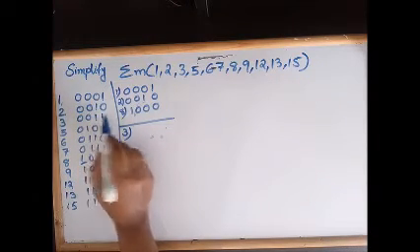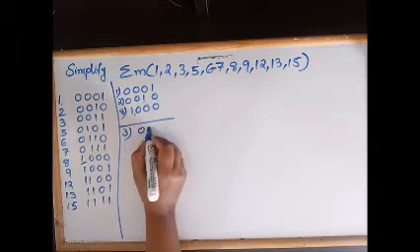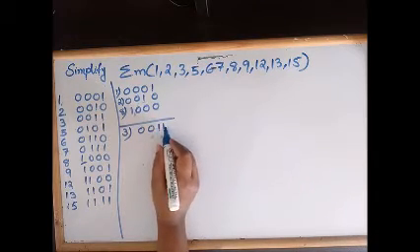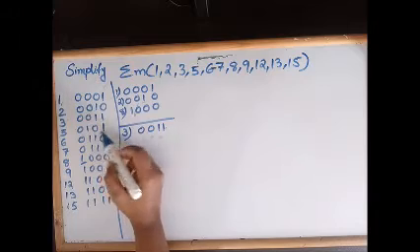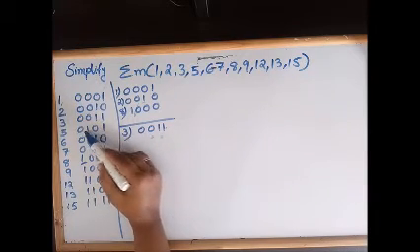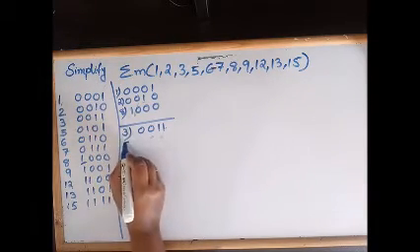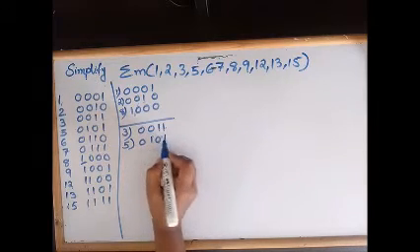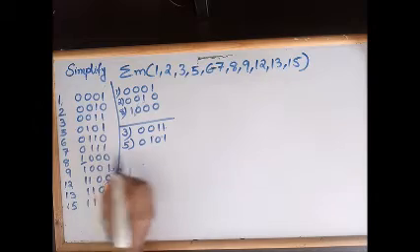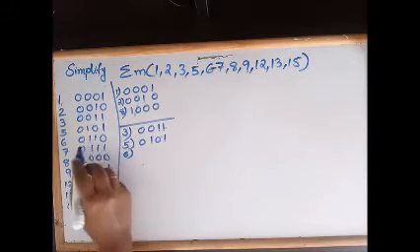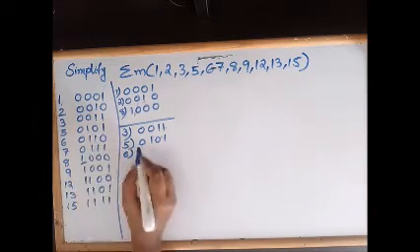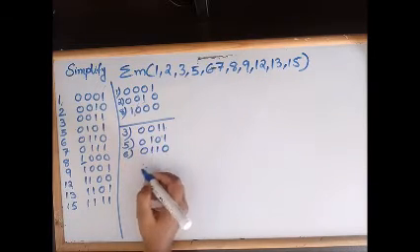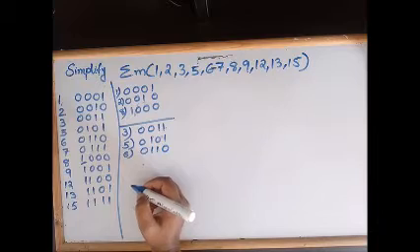So I can add this to this group. So 3 will be in the second group with 2 ones. Then when you consider 5, 0 1 0 1, so again 2 ones, so I can include 5 into this group, that is 0 1 0 1. Then next one, when you consider 6, again 2 ones, 0 1 1 0, so again 2 ones. Then the next time when you consider 9